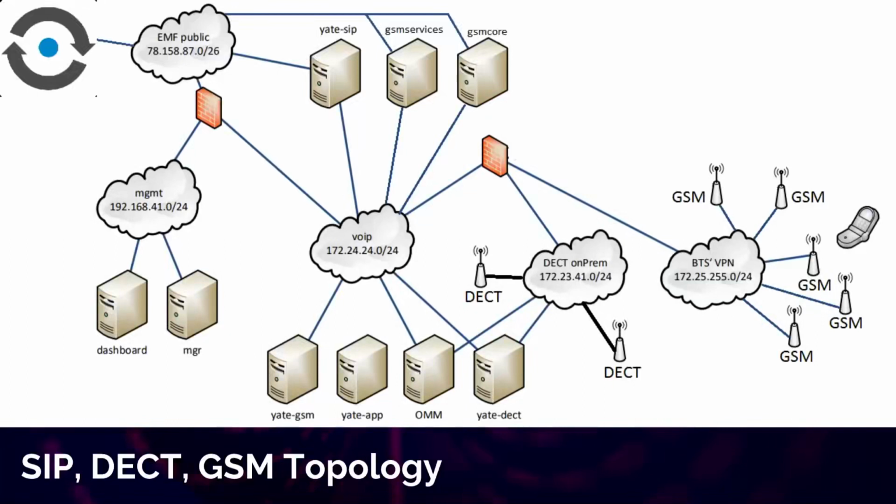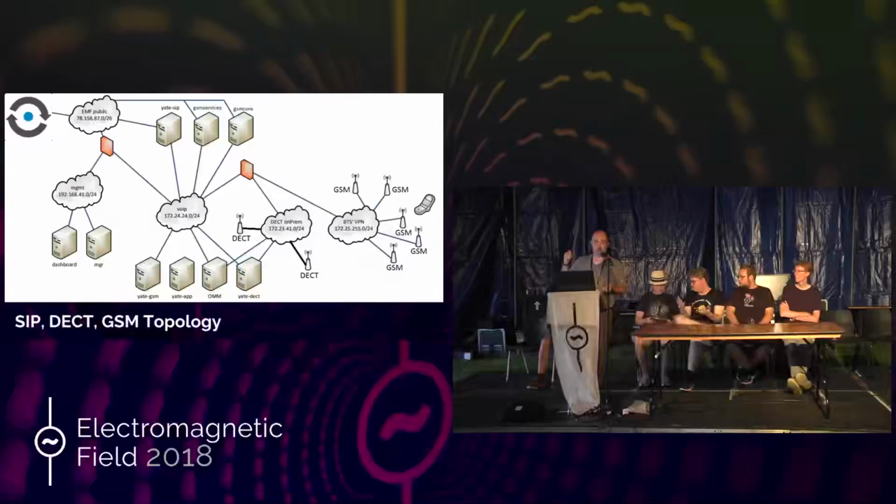And then the GSM BTSs over on the right there, similar principle to the DECT antennas. So the hardware, for those of you who haven't seen some of the other presentations: the GSM base station is a Raspberry Pi and an SDR radio. We have a Raspbian OS on there, and we could just run an OpenVPN. So the BTS itself just plugs in, fires up an OpenVPN tunnel back into our VoIP core, and then runs